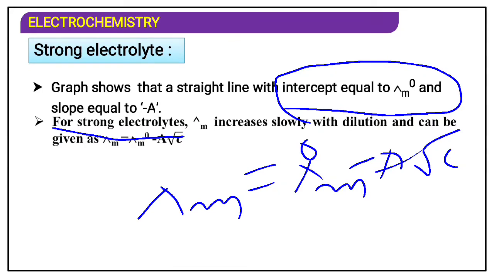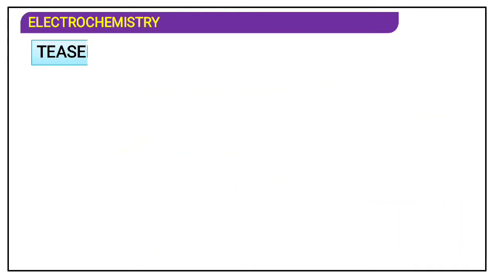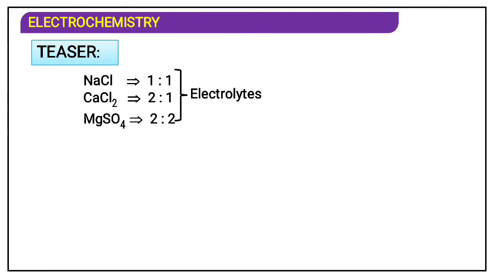In this Debye-Huckel-Onsager equation, lambda m is the molar conductivity, lambda naught m is the limiting molar conductivity, A is a constant, and root c is the square root of the concentration. Okay. And for NaCl,